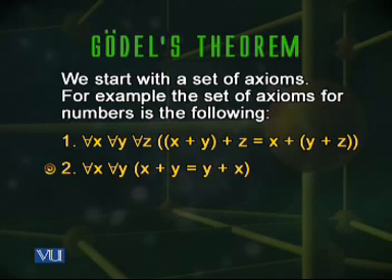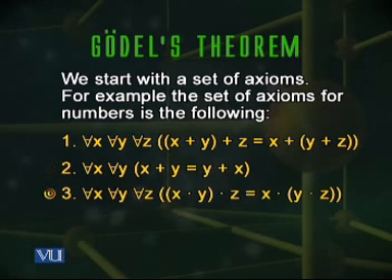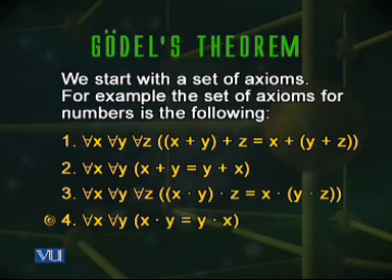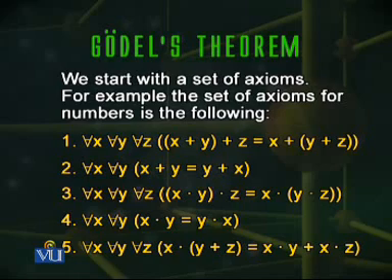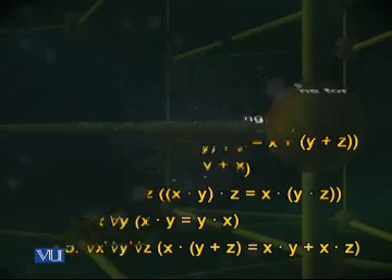The second statement says that addition is commutative. The third statement says that multiplication is associative. The fourth statement says that multiplication commutes. The fifth statement says that multiplication distributes over addition. That is called the distributive law. All these axioms you were taught when you were children. These were properties about additions and multiplications you were taught when you were students. They are all the axioms that we have about addition and multiplication. These are called Peano's axioms.